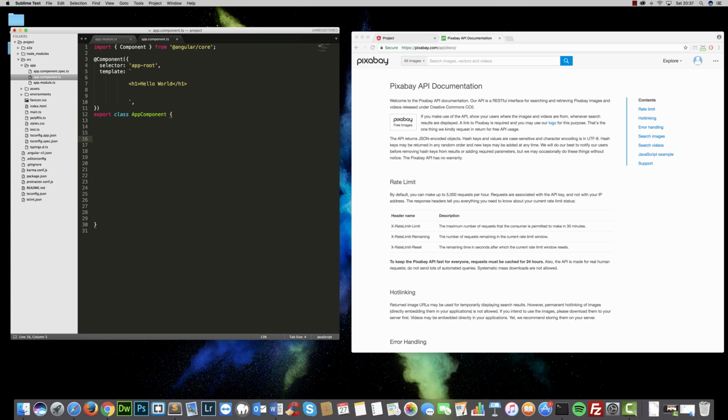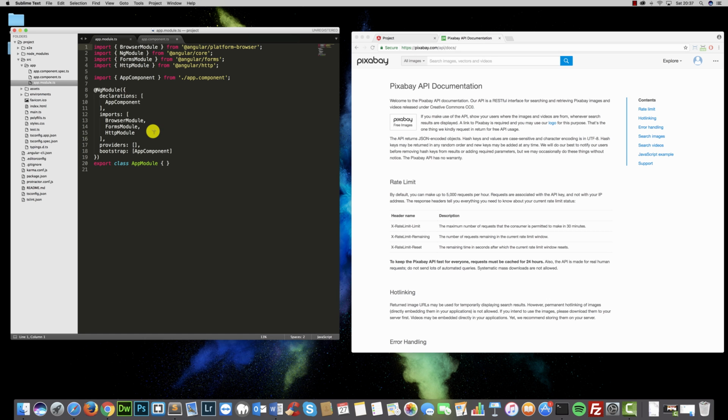And the first thing that we want to do, I guess, is come over to our modules TS. And I just want to say that we're going to need to access the API. So I'm going to actually set that component in my providers. And also, I just want to note that I have my HTTP module imported here from Angular HTTP, and that's actually quite important. If I take this line here, I'm just going to copy it,